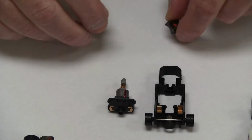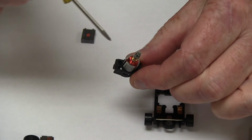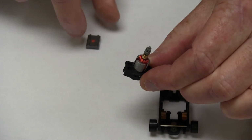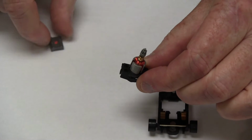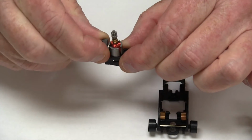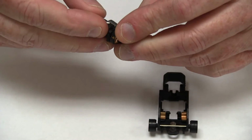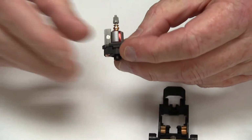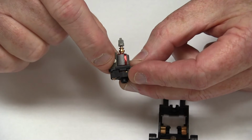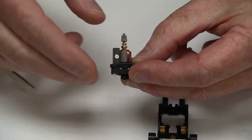Now, on the assembly itself, molded into the plastic, there's a round ridge that's right here, and that's to take the inside curve of the motor magnet itself. So in order to get the motor magnet into the correct position, you just let the armature suck it into place, and then you line it up so that it's up against that ring. And there's a plastic stop on top, so you can rotate around the ring and get the magnet up just underneath that plastic piece right there. Now we're going to do the other side,